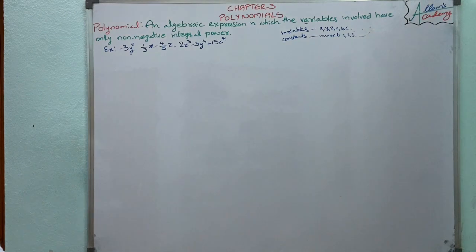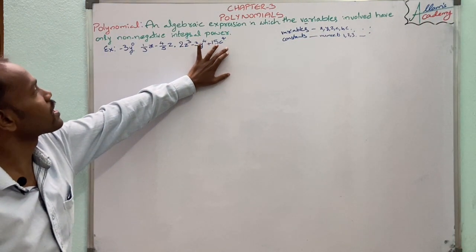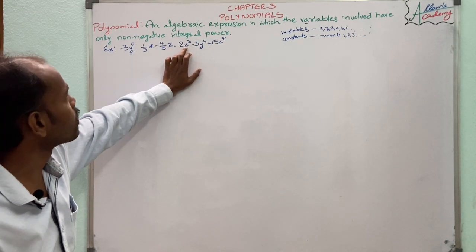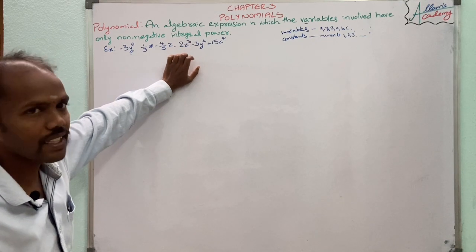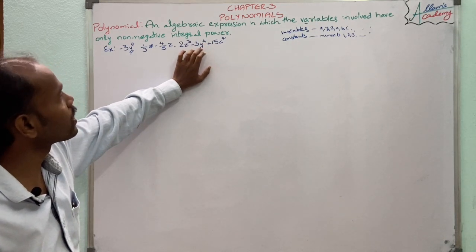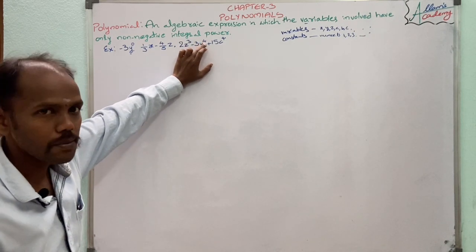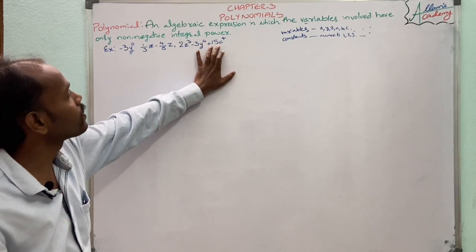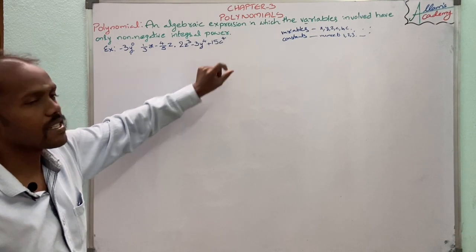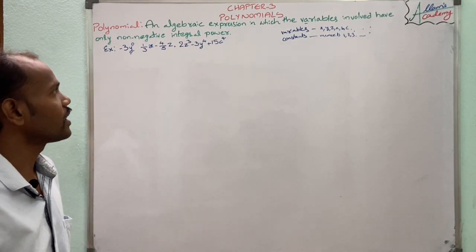Now here if we observe 2z cube minus 3y power 4 plus 15c power 4 in this example. In 2z cube the variable z has power 3. Next, minus 3y power 4: in this expression the variable is y and the exponent is 4. Plus 15c power 4: c is the variable and it has non-negative power 4, so it is also an algebraic expression.